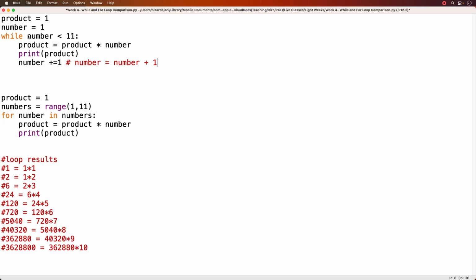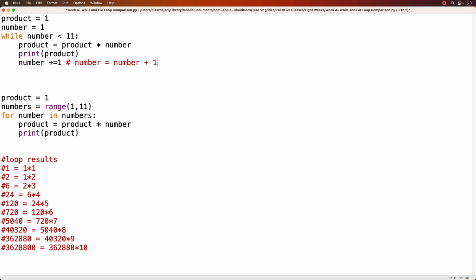And then we go back to the top of the loop again. While 2 is less than 11, that's true, so I'm going to run this code. And then I'm going to increment number by 1. So it used to be 2, now it's going to be 3. Then we loop again to the top. While 3 is less than 11, that's true, so I'm going to enter this. So this is going to keep running, and every time it runs, it's going to increment the number variable by 1. So we go to 3, and then run again, then 4, run again, 5, run again, 6, run again, and